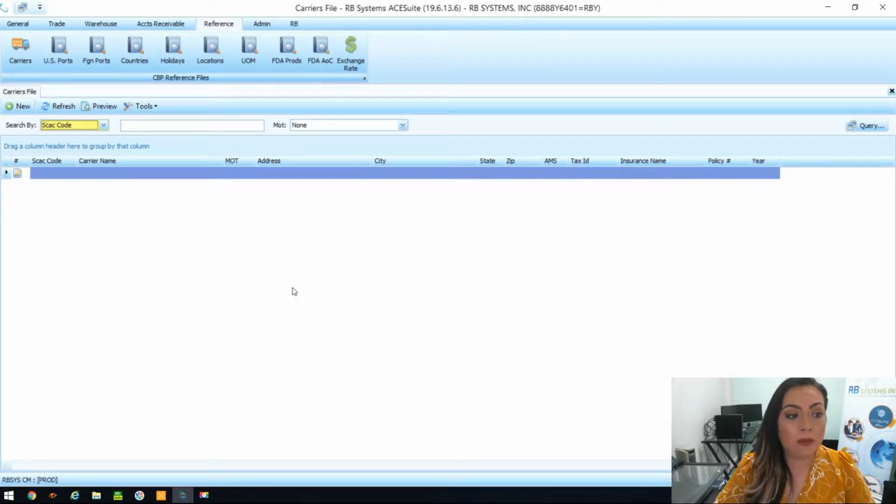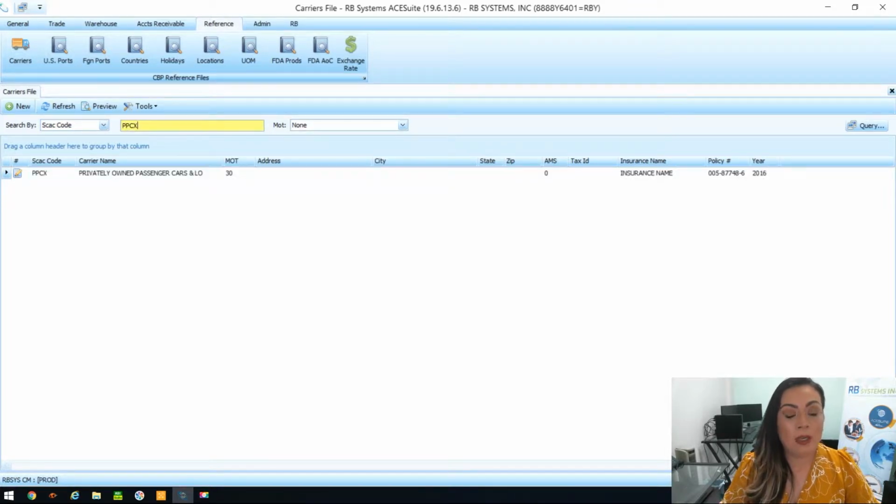Emanifest. Now, one of the first things you need to do is under search, you're going to search by SCAC code or by carrier name. You can also display all. So right here, we're going to search for a SCAC code. And if the SCAC code does exist under the carrier's profile, then you'll be able to see the carrier code